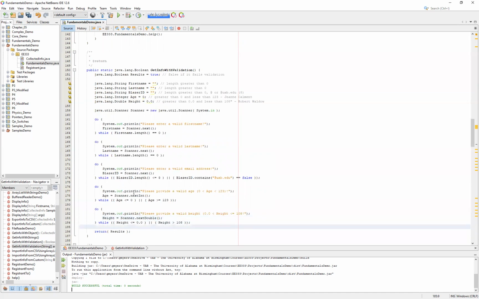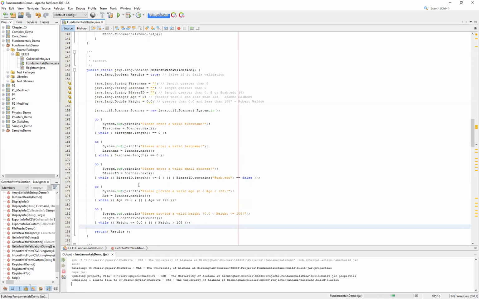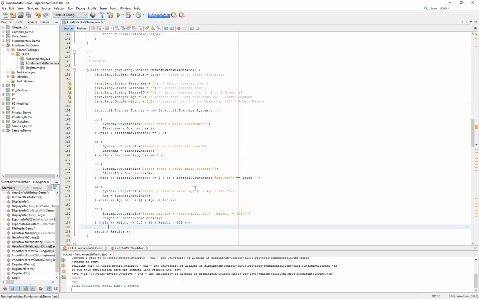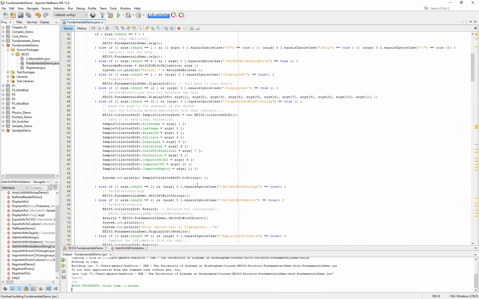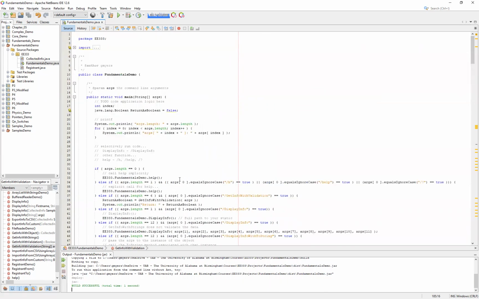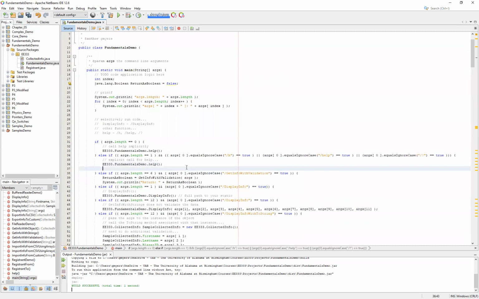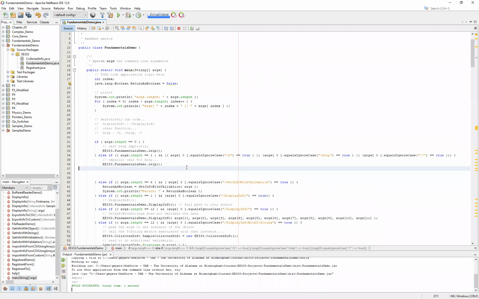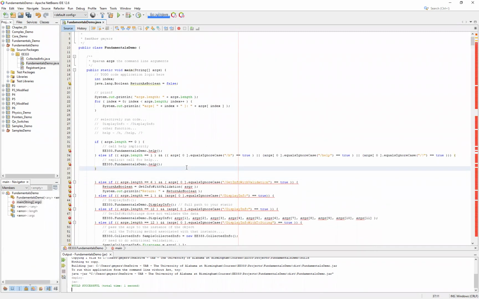All right, now at this point then, if we've survived all of our loops, in other words, if we've managed to make it all the way down here to the bottom, we should then have validated all of the information from the user, in which case we'll return our results equal to true. Now let's go ahead and build this to make sure that we don't have any problems. And then let's come up here to our main and figure out how we can actually call this particular example. Now I'm going to have this example up relatively high so that we can then focus on moving it